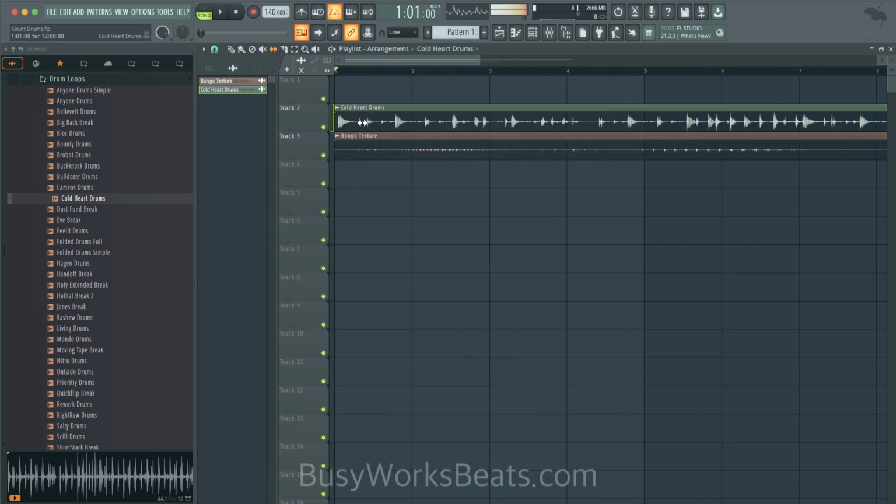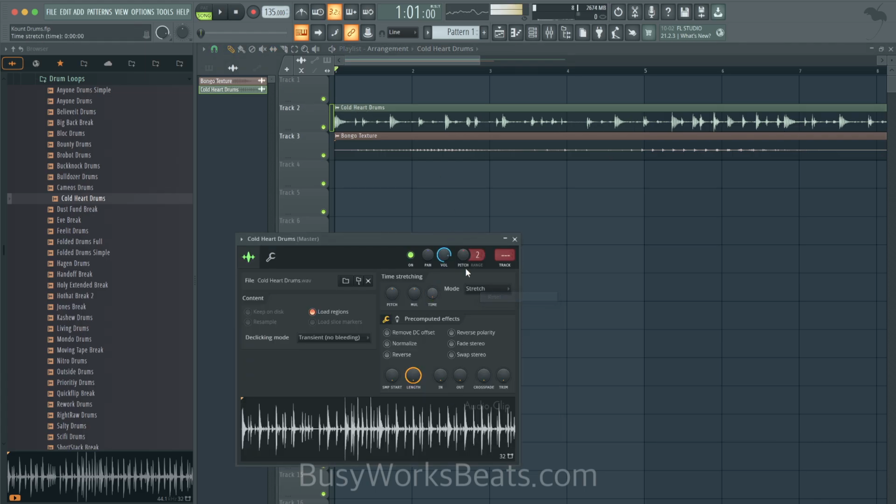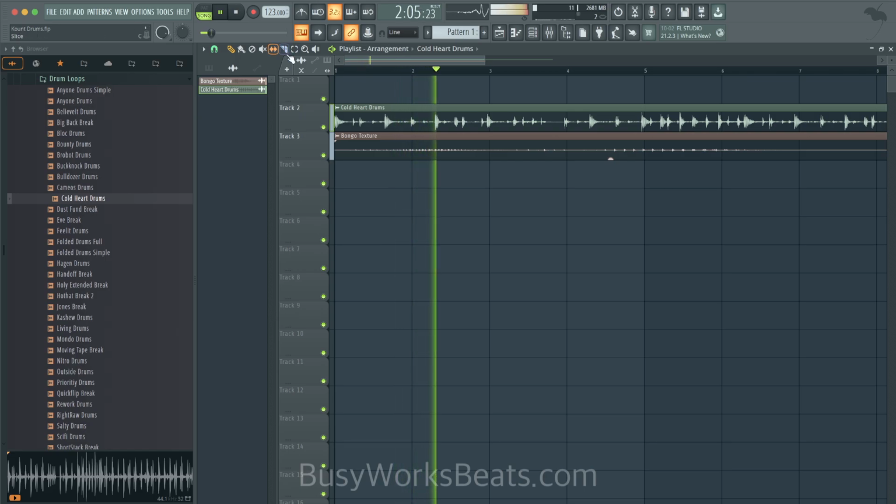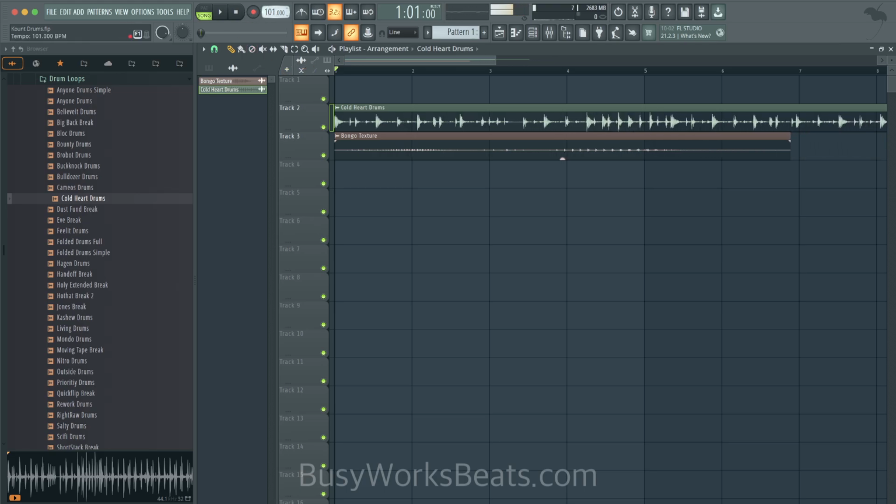What BPM is this? I don't even know. Let's grab that. So what I do if I don't know the BPM, I'll reset the time knob and I'll move the tempo until I start to see the snare on this critical 2 bar or the kick. Okay, so the kick goes kick, kick. So I'm gonna move the tempo until that second kick fits into that second bar.